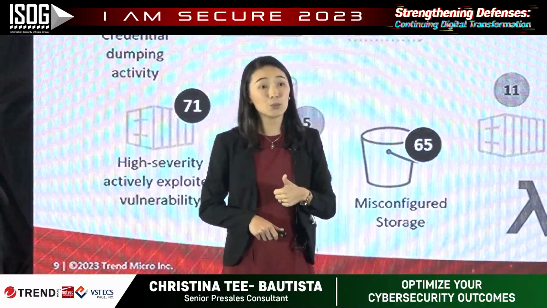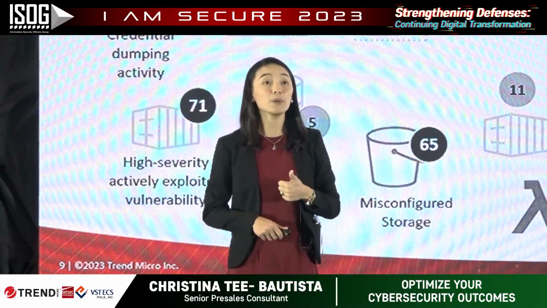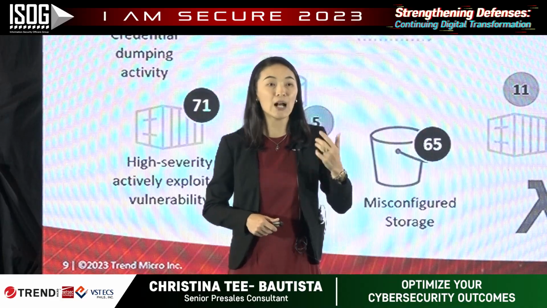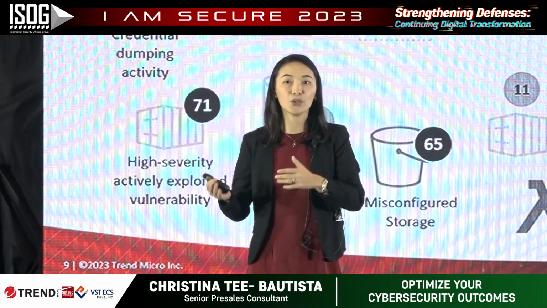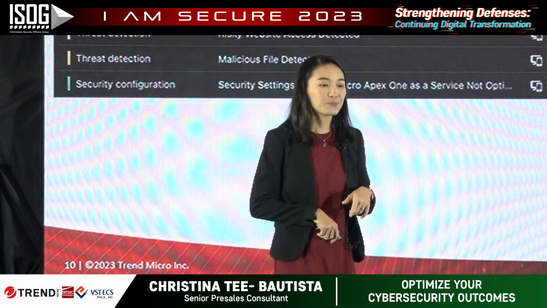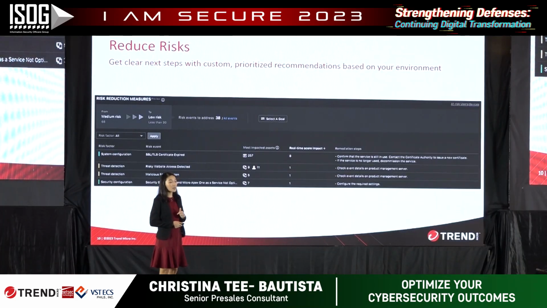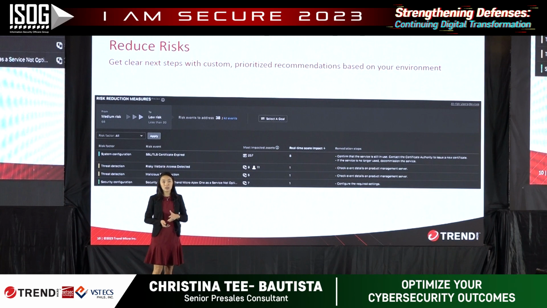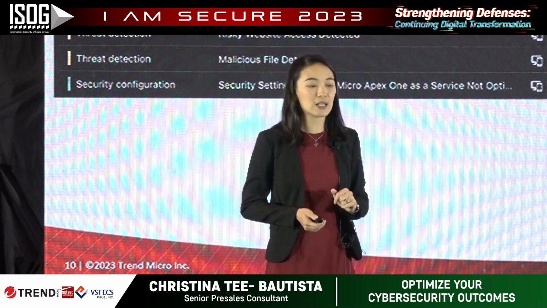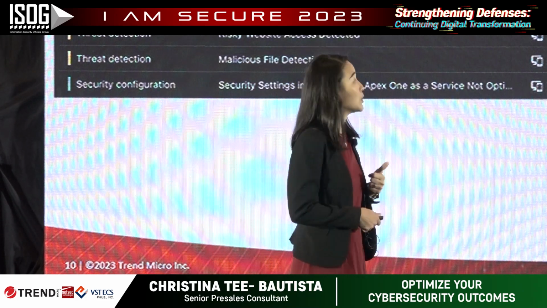So basically, we'll have a risk score for each and every identity, each and every server, endpoint, email address, application that is in your environment. So now that we have a risk score for that, we are able to understand what are the risks involved and what is the exposure. How likely will this endpoint or will this user be exploited based on his profile? So lastly is basically, of course, to reduce the risk. The overall goal is basically reduce risk so that we minimize attack, we minimize or we eliminate successful attacks in the future.